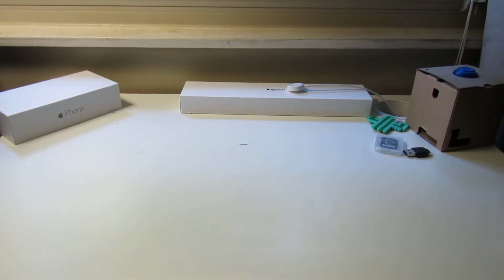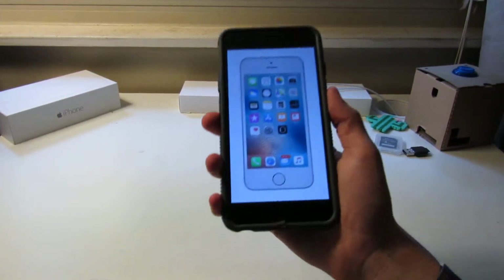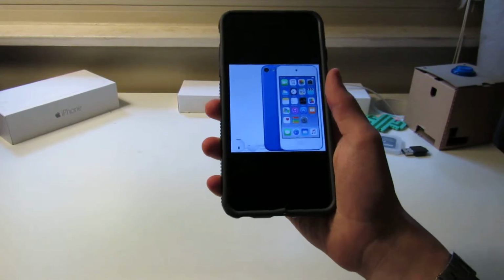iOS 13 will take away support from quite a few phones. So if you have one of those phones, what do you do? I'm Skylar, and I'm going to tell you. Let's get started. So, let's say you have the iPhone 5S, 6, or iPod 6, and they've been supported all